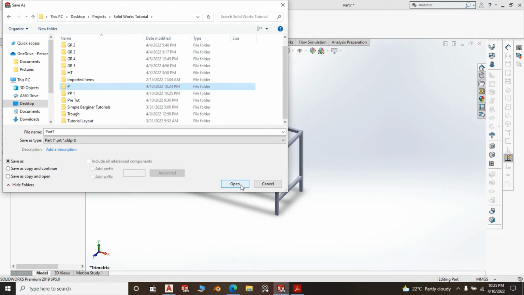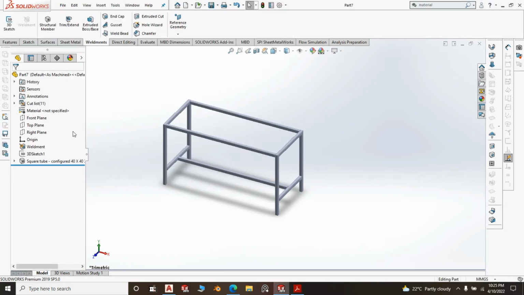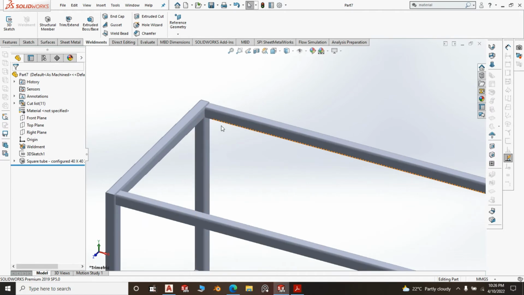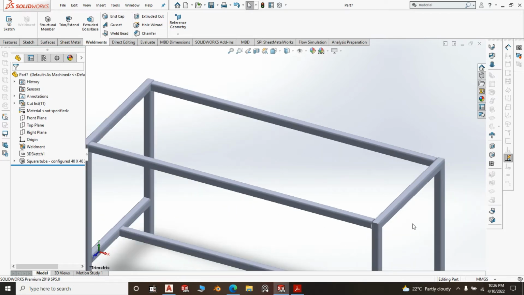Then we go ahead and open, and we call it part number 1. What happened? I didn't even name it. Okay, it's still okay. Now let us create the gusset. The gussets are the ones through which the blockboard will be fastened. Okay,